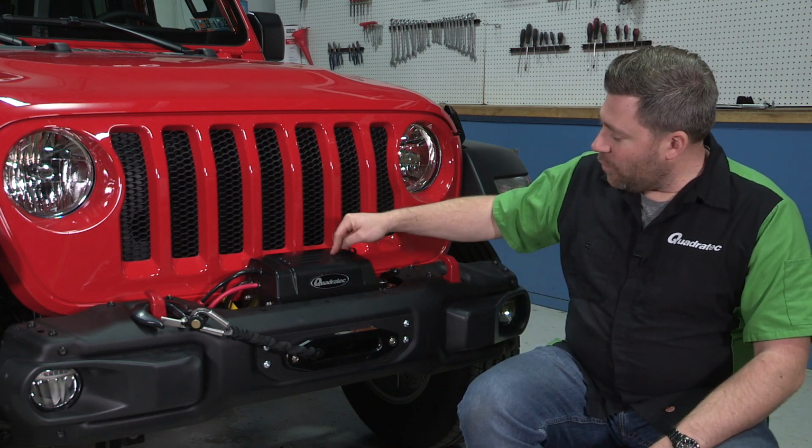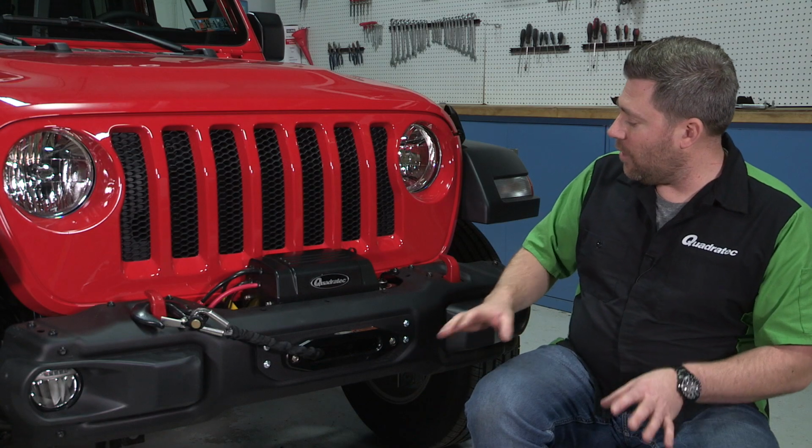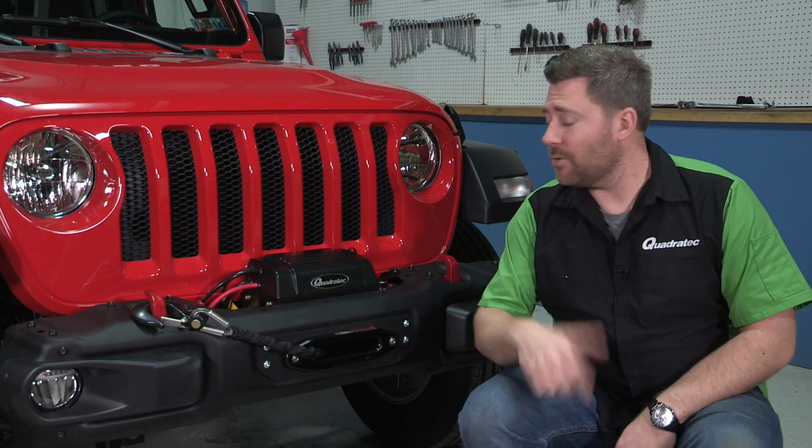Now, it does set your winch down inside of the bumper, which gives you a great sleek look. However, because it's down there, well, it's kind of hard to get a good look at that mounting plate. So I'm going to go ahead and get that bumper out of the way so we can take a better